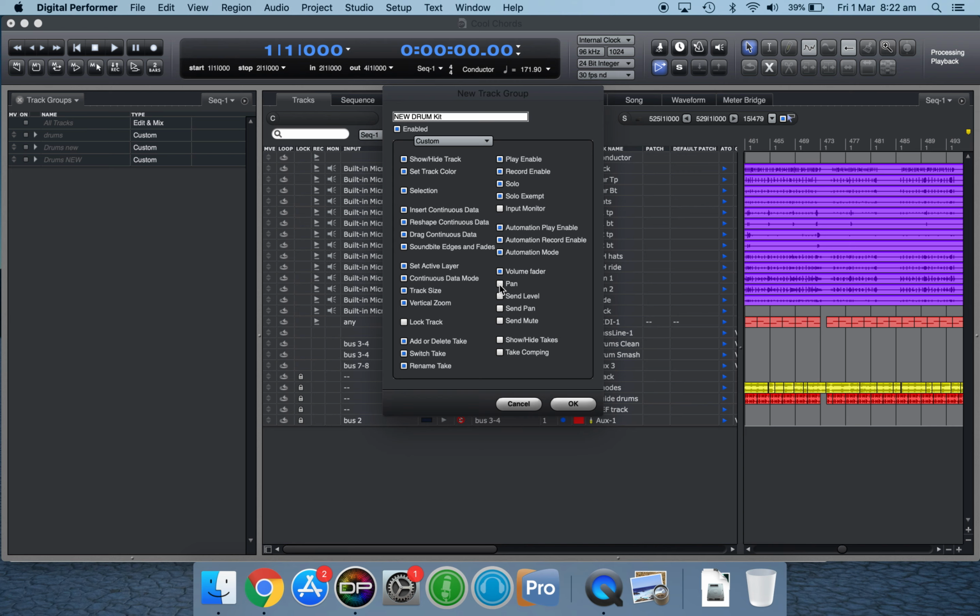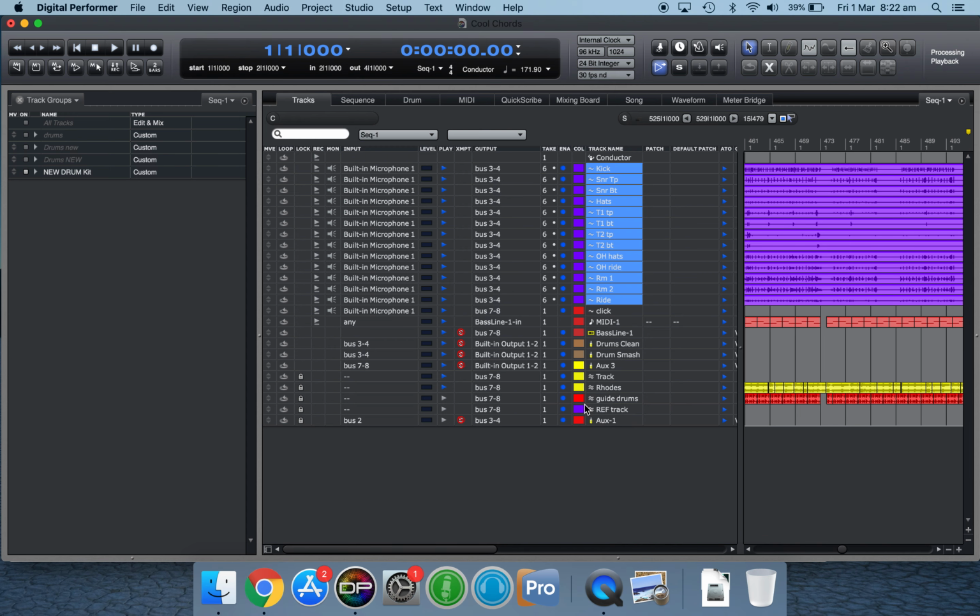and you've got plenty of other options here for showing and hiding takes, take comping. You can even gang all the send levels, send pan, send mute, lock track, etc. There are lots of different options here in DP in this customized window. So anyway, this group up here, I've named it New Drum Kit, and I'll click Enabled, and I'm going to click OK. And now when I click on my drums, you can see here that all my channels move